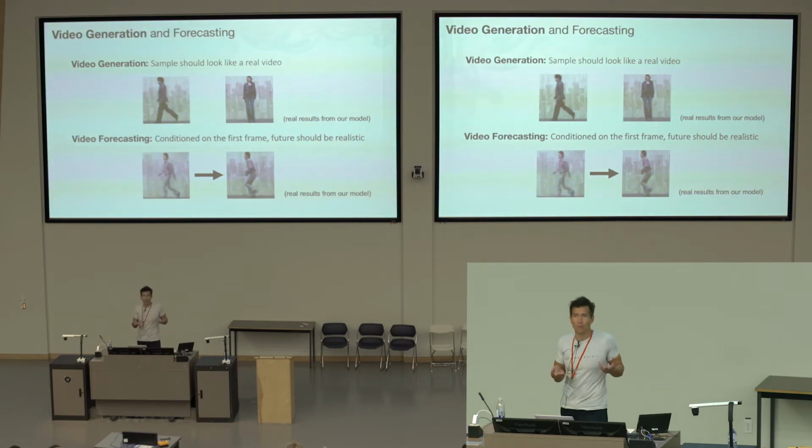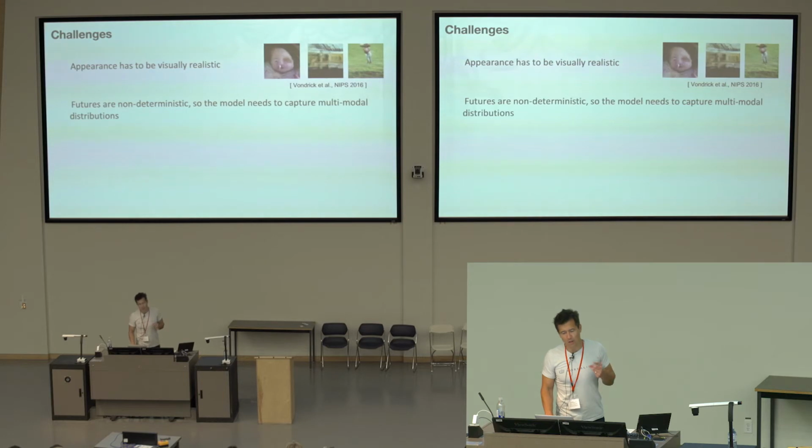Like that's a thing that could possibly happen based on that first frame. For example, the person's appearance won't just change dramatically. It should still be the same person in frame 10 versus frame 1. There should be some temporal smoothness to this, so that what the person was doing at the beginning continues on in time. And this is very difficult, like making visually realistic videos. Again, there's been rapid progress in the past few years, but this is a challenge, trying to make things that actually are plausible. And then also being able to handle the non-deterministic future. If I actually want to generate what happens next, we need to be able to capture this multimodal distribution of what's likely to be out there.